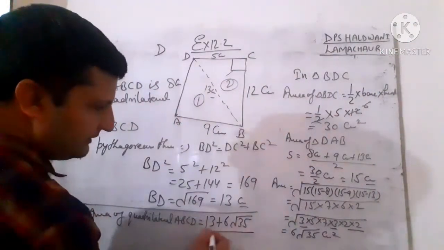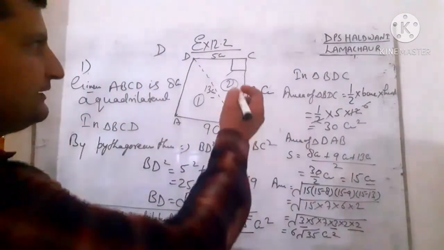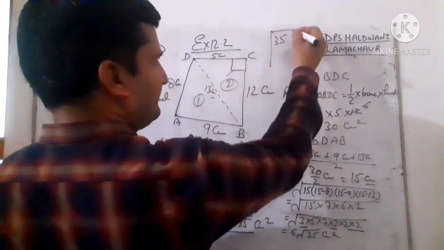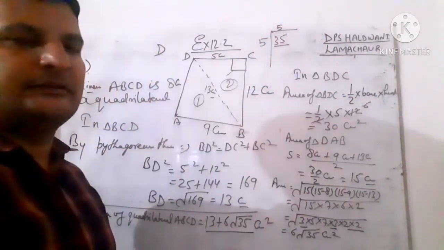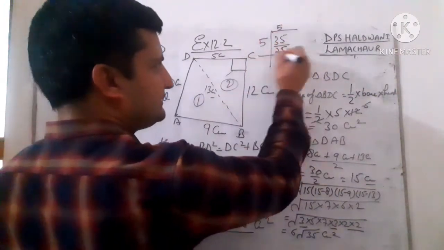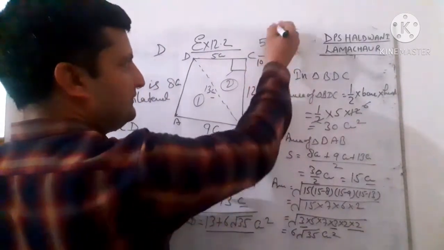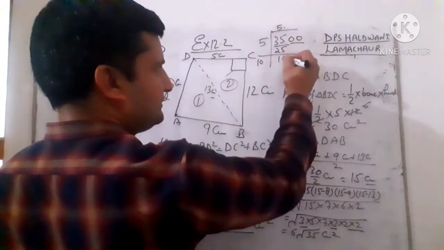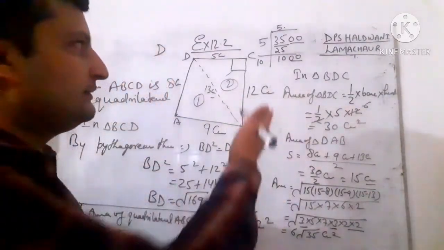So either you can write it like this also, centimeter square. Either we can find the square root of 35 by the square root method. We can make pairs: 5 into 5 is 25, because 35 is the number and 36 is the larger one. Now 5 and 5 is 10. We have to add it and then put two zeros here. By pairing, we are finding it by the square root method.